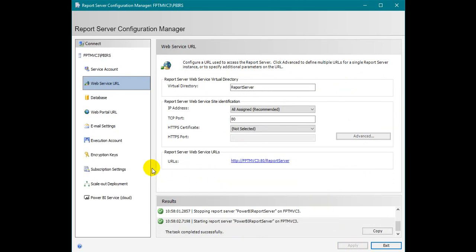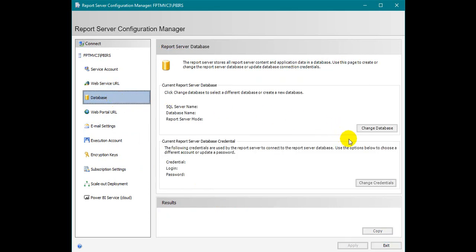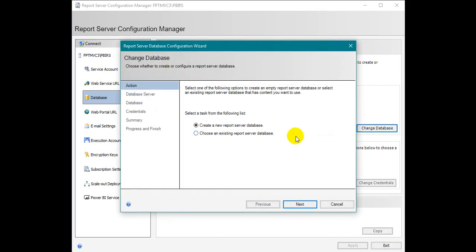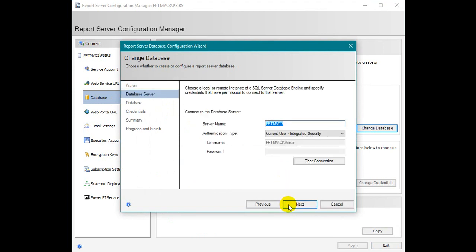The next is database. Initially it will be blank. Click on change database. Either you create a new database or you can select an existing one if you already created a report server database. Click next, select the database server with the instance and enter the database credentials.